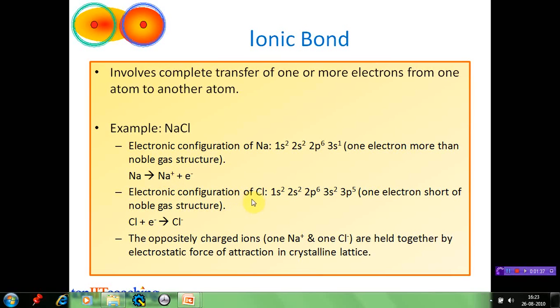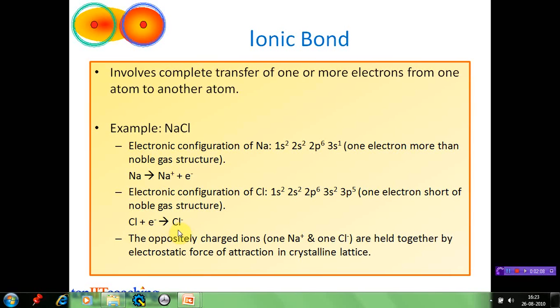The electronic configuration of chlorine is 1s2, 2s2, 2p6, 3s2, 3p5. This is only one electron short of the noble gas configuration of argon, which is 1s2, 2s2, 2p6, 3s2, 3p6. So when chlorine reacts, it tends to gain one electron in order to attain the noble gas structure. As we can see in the equation, Cl, that is the chlorine atom, plus an electron will give Cl minus,